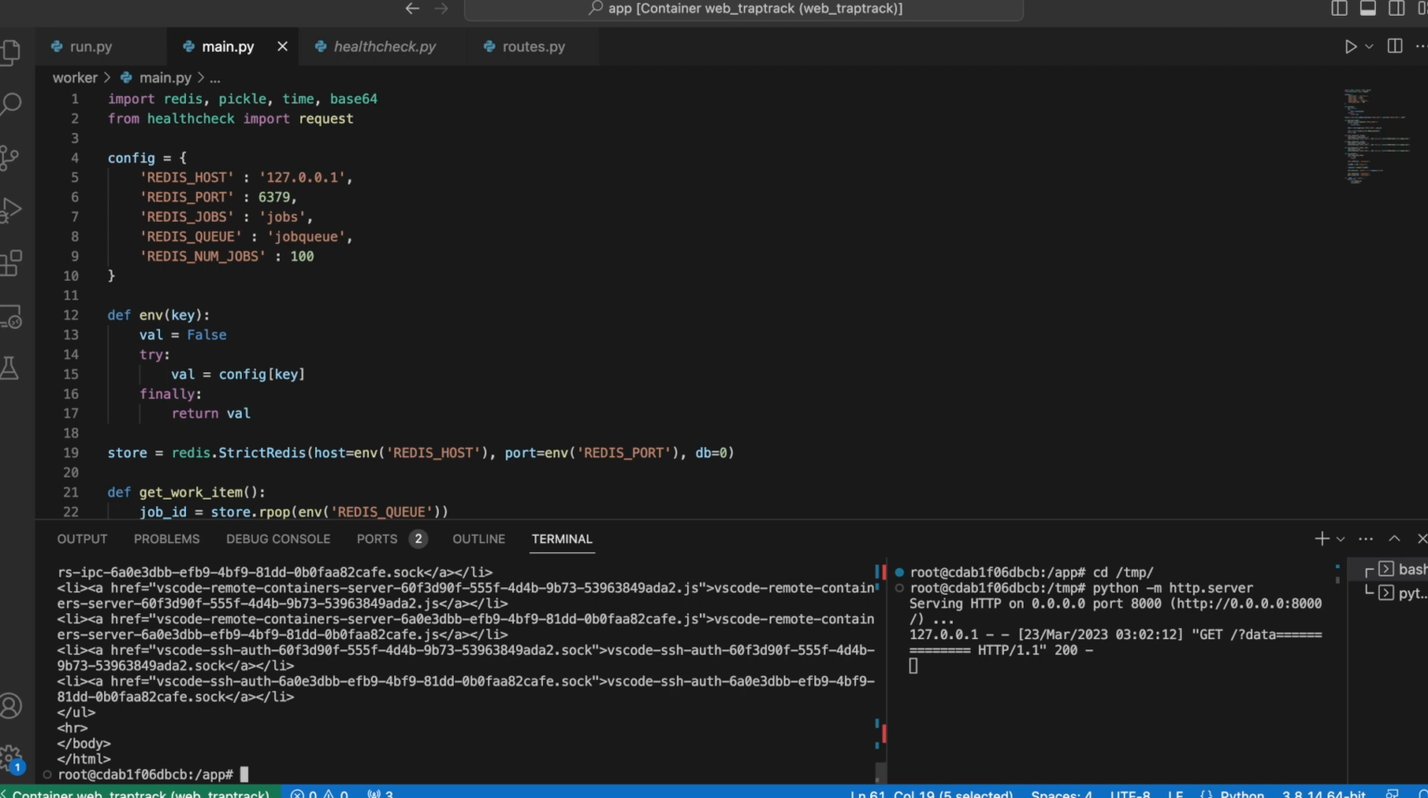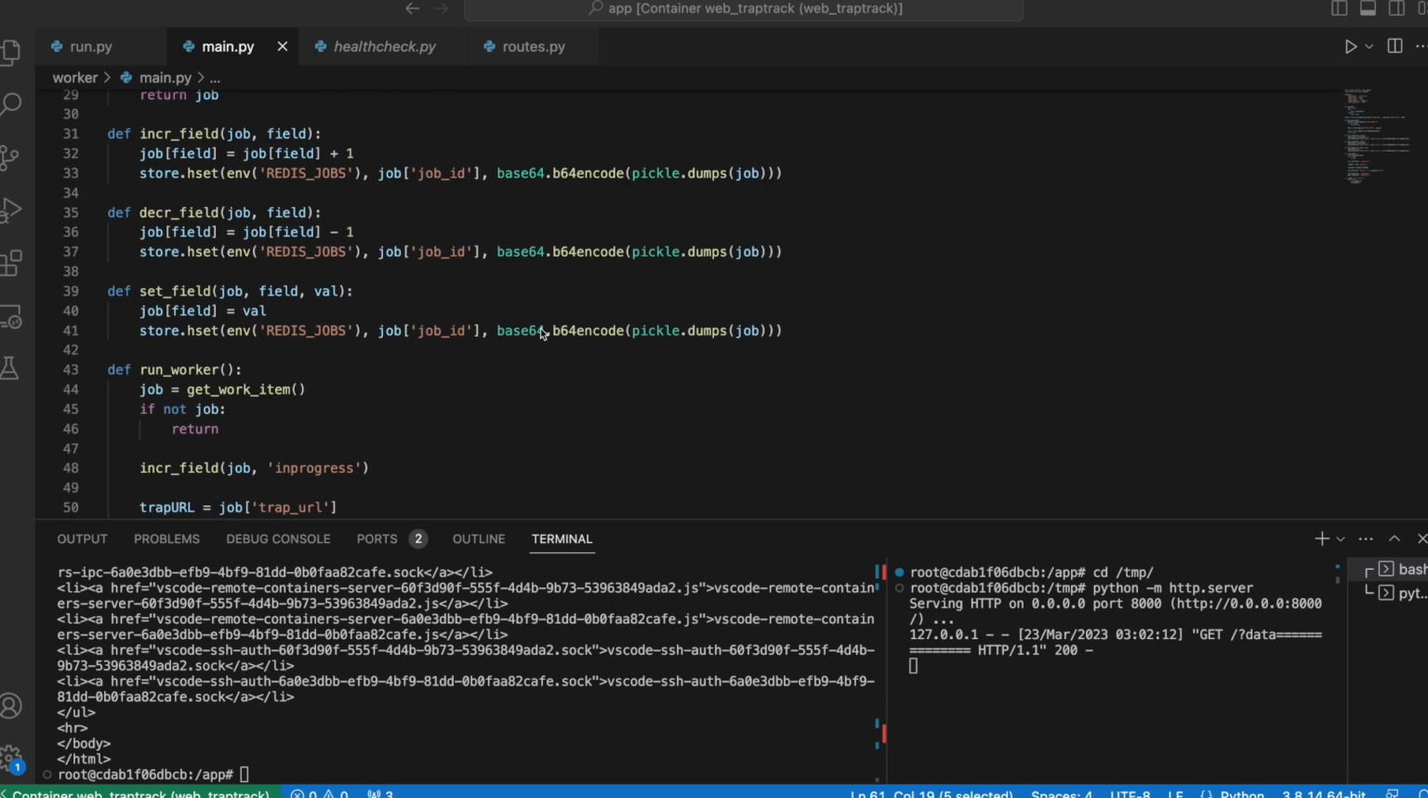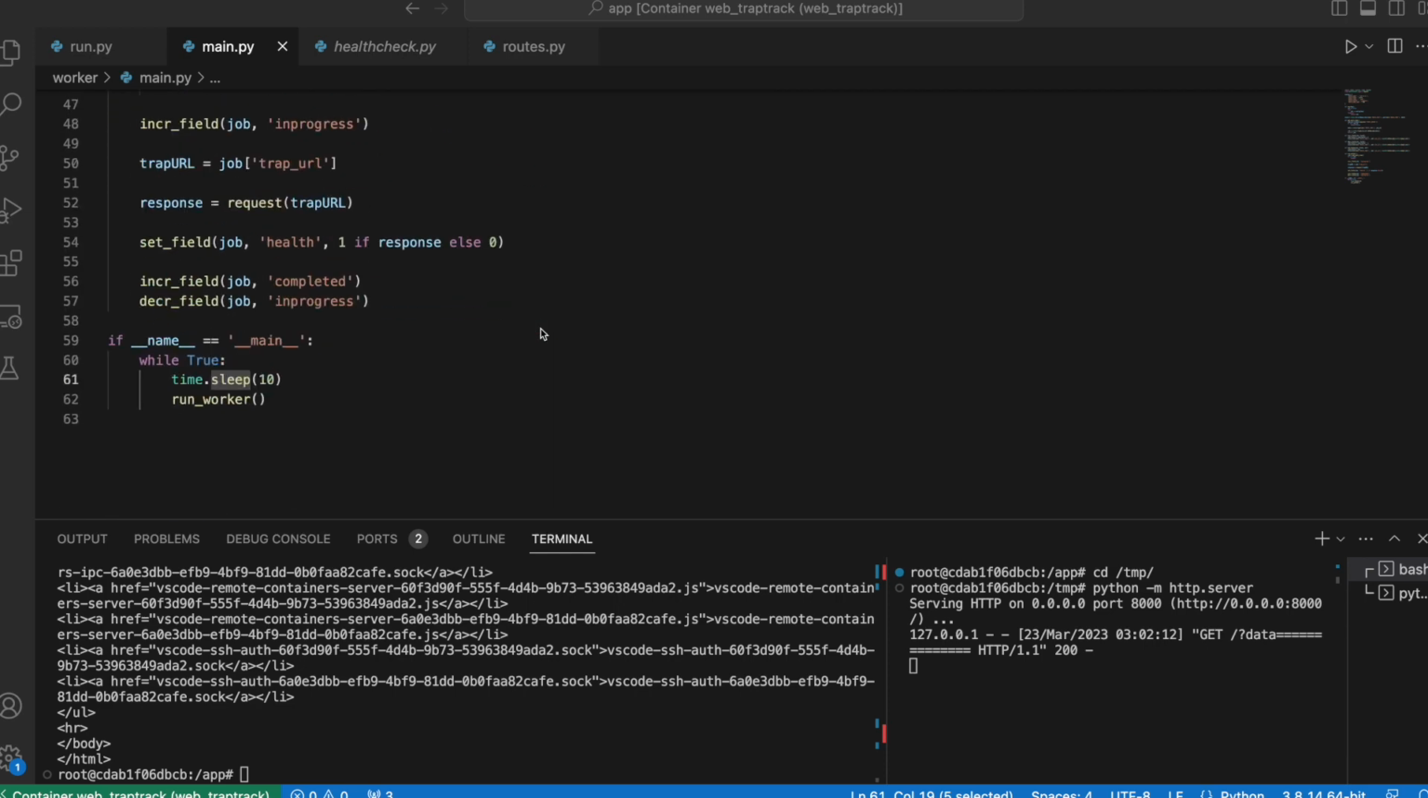And so that's listening. And what we will do is create our first, kind of play around with what we want. Essentially, we have the worker going every 10 seconds. And if we just go into Redis CLI,